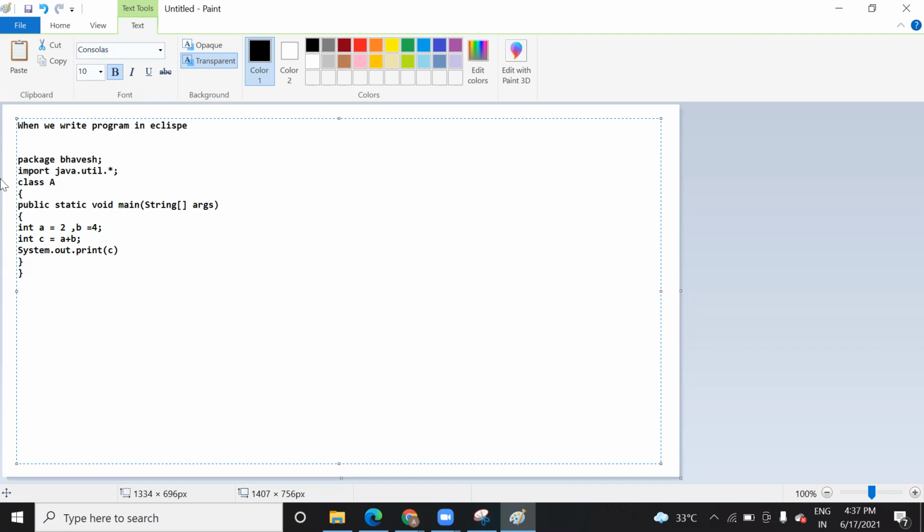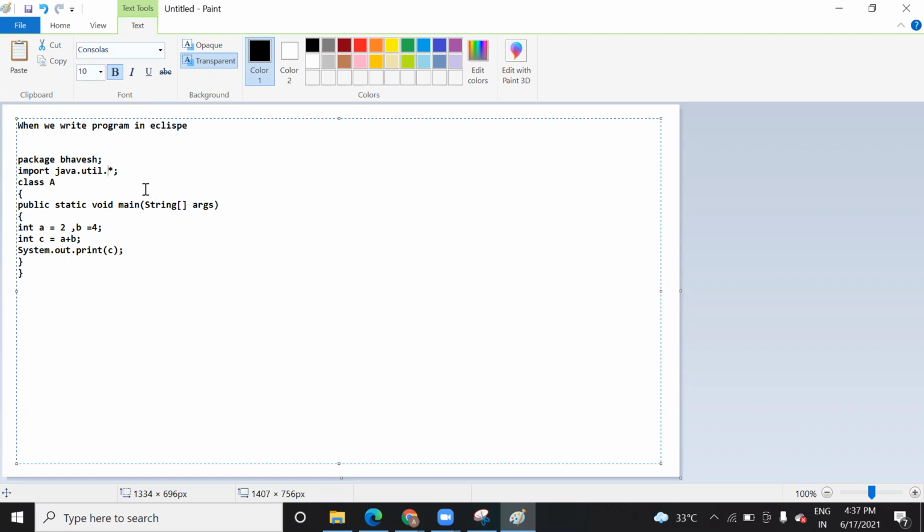Okay, so there will be an error. Sorry, yeah, and now there will be a warning also. For what? A warning because you are not using that import java.util. Yes, I have just given you the syntax, like how we normally write a program. You can remove it, even if it is giving a warning.